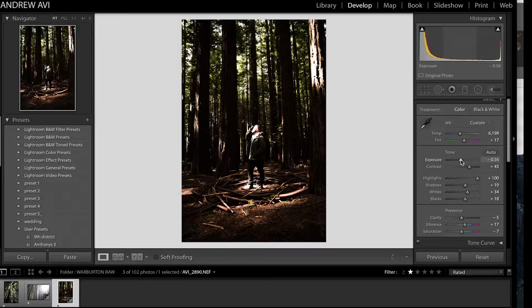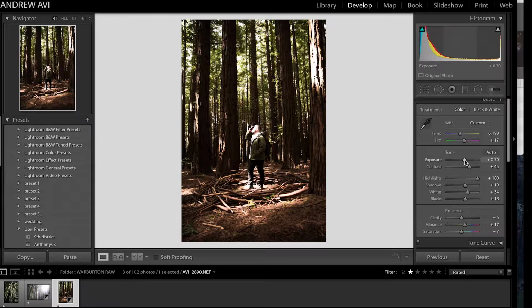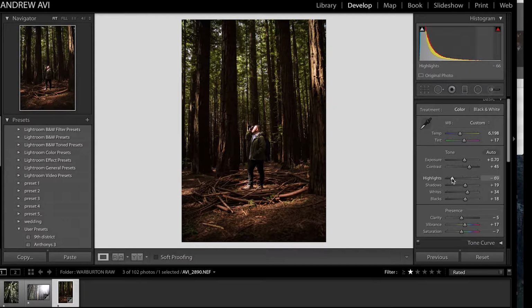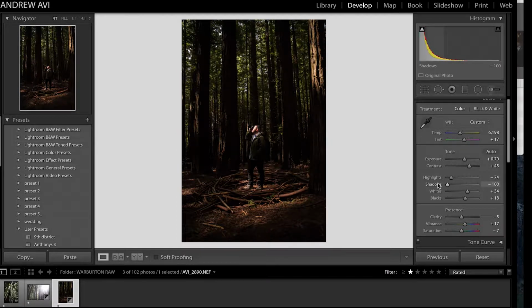I don't like that. Usually it works, but in this case it doesn't. So obviously the highlights are a bit too much. I'll bring that down a little, so that looks a little bit better. You can see that there's a bit of a ray of light going down that man-made nest. I'll probably play around with the shadows. You know what? I'll make it a little bit darker